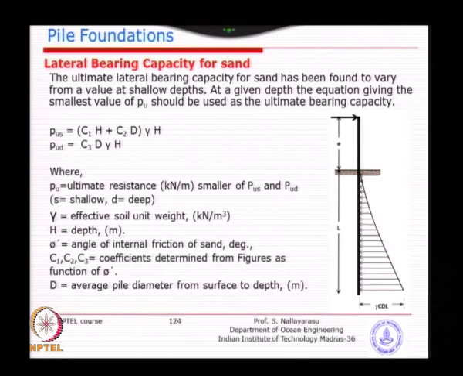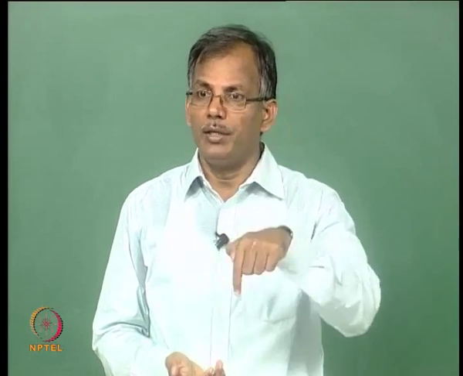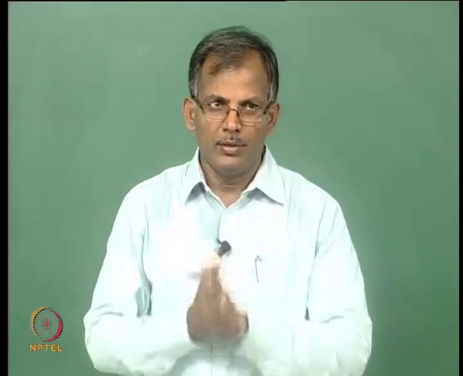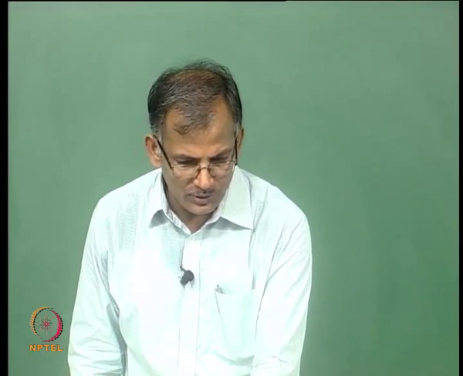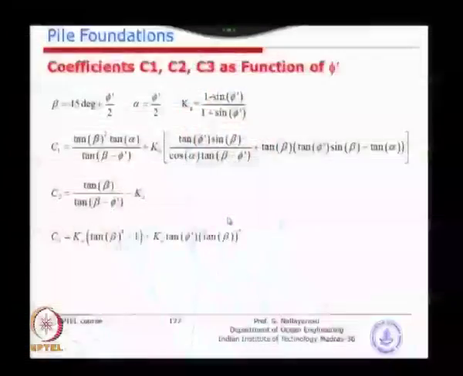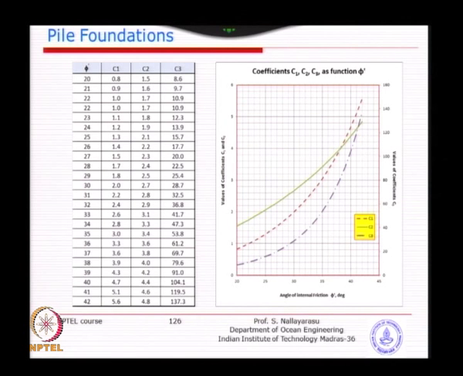In fact, I have shown you the pressure bulb of the pile for vertical loading. A similar assumption has been made by him, and then he derived the whole pressure bulb and calculated the capacity, and that is why you could see these original equations coming from there. Because of its complexity, API has just reproduced this in terms of a graph. So, the horizontal axis is angle of internal friction and values of C1 and C2 are to be read from the left side axis, C3 has to be taken from the right side axis.